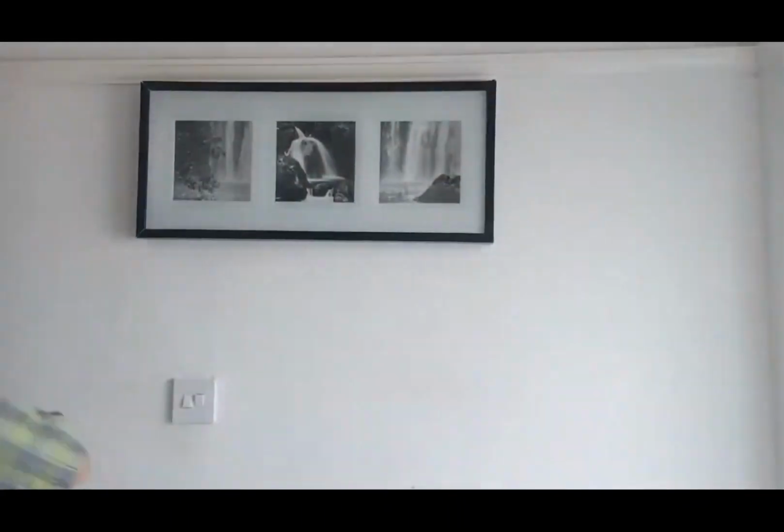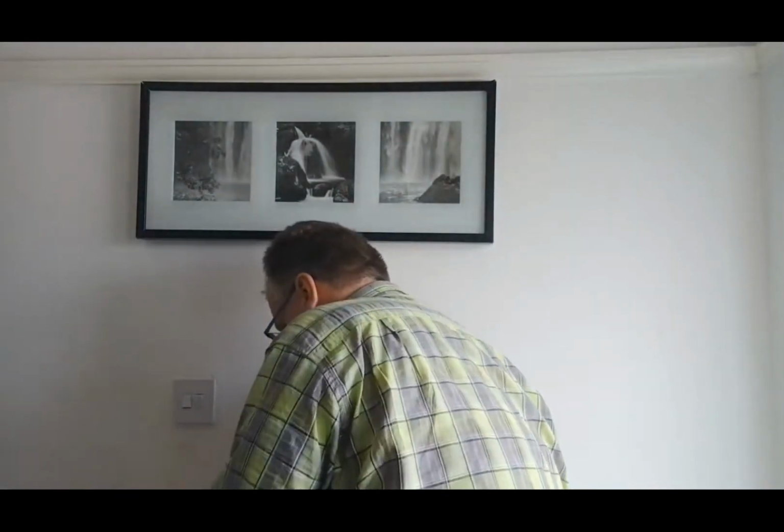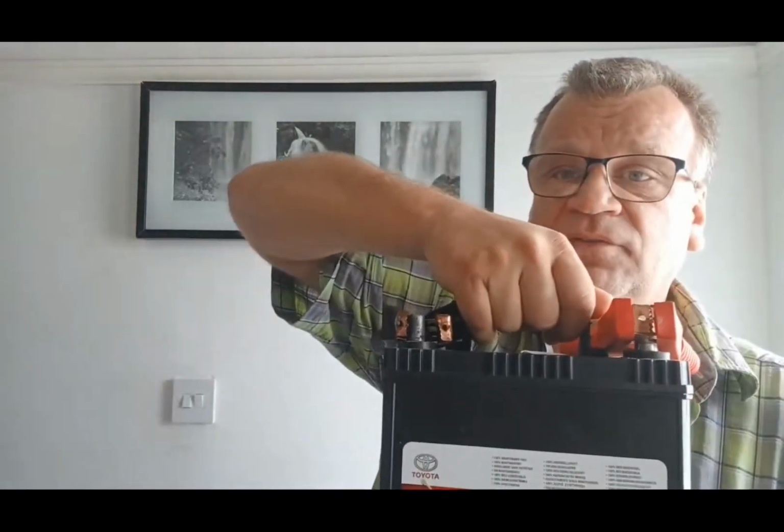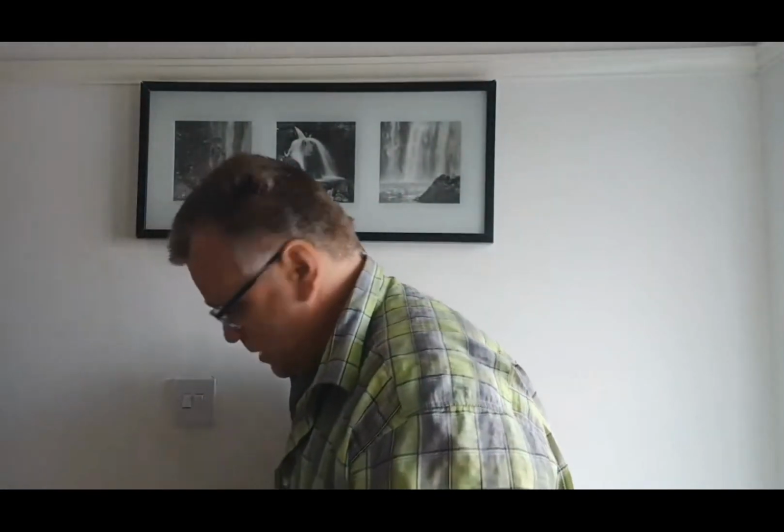Having it fully charged. This is from a Toyota Prius, as I said, generation 1. It's quite cheap, but if you connect this battery to that 12-volt battery with a lead like this, right? Connect positive to positive, yeah, negative to negative, and then the other end, you connect in your car, obviously red to red, black to black, and this on the other end would certainly give you